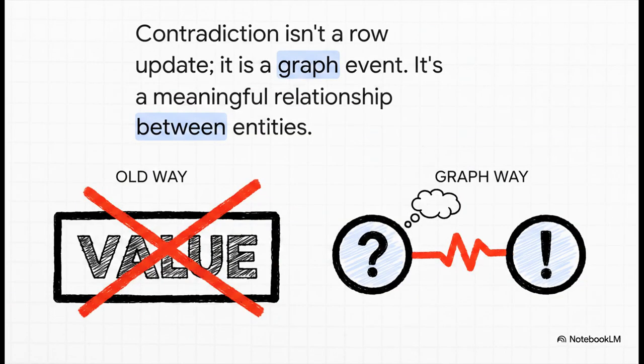Now check this out, because this is where it gets really cool. Think about contradiction. In a lot of systems, if two things contradict, that's an error, right? Something you have to fix or overwrite. But in science, a contradiction is hugely important information. And in a graph, it's not an error. It's just a meaningful relationship, a specific kind of edge connecting two nodes that tells a really crucial part of